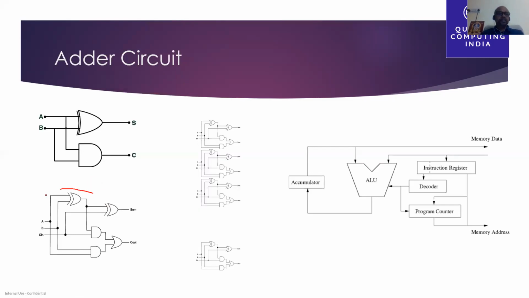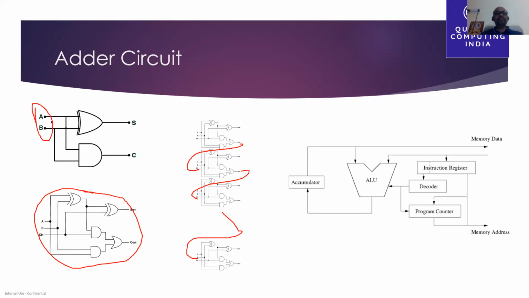This circuit is called a full adder, which will add two inputs along with the carry from the previous number, that is carry in, Cin. If we arrange these 8 full adders sequentially and feed this Cout to this Cin, and this Cout to this Cin, and similarly the second last Cout to the last Cin, we will build a circuit called an accumulator. This accumulator will add two numbers, and this is the simplest explanation. Given A and B, it will produce sum and carry.